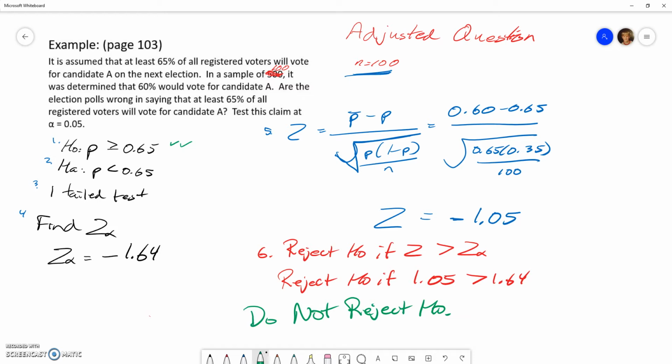The problem is our sample size is quite small. It's only 100. What happens if our sample size grew? If we now had a sample size of 500? Well, you should remember that when the sample size was 500, our decision was to reject the null hypotheses. So that's back on that original question. So the difference, now that the sample size was only 100, we are left with the conclusion not to reject